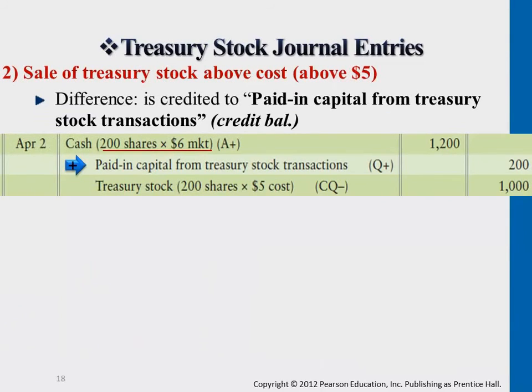Another case: let's say we sell it above the original purchase price of $5. Here's an example where we sell each share at $6. Earlier we purchased it back at $5, and now we resell it at $6. The difference is $1 for each of the 200 shares that the company is selling back to the market. We call it paid-in capital from treasury stock transaction. This account is actually very similar to the paid-in capital